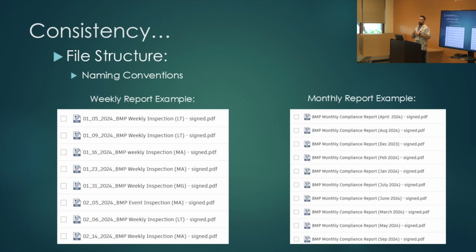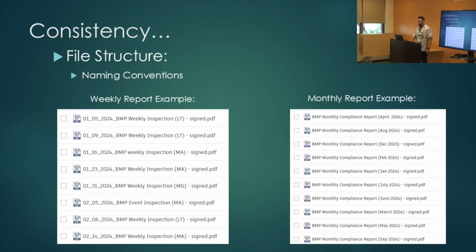General file structure and naming conventions. So the example on the left here with the weekly report, I think that's actually the better way than the one shown on the right. The reason is I like to have it in order by date, right? So if you're putting a date before your naming structure, then it'll categorize it, because it sorts by name. So we're going down the line, and you can see straightforwardly when these BMP reports, weekly reports